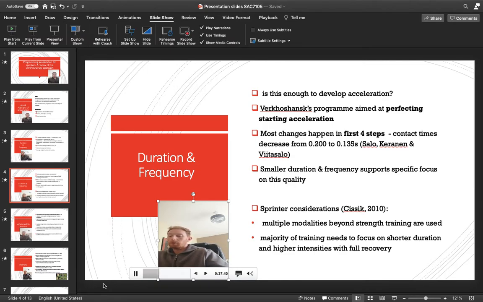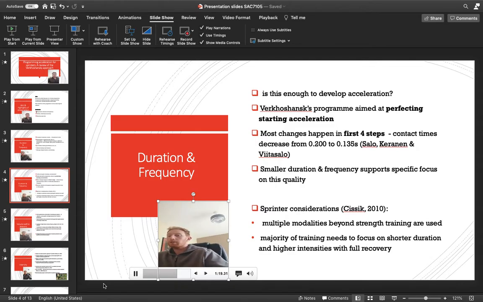All right, so we know sprinters accelerate for up to 50-60 meters. This is more focusing on the very start, so the first 4 steps, where the most amount of changes are taking place. The ground contact time is reducing big time from the first step through to the 4th step. A lot of the force changes are taking place in those first 4 steps. A lot of the angular displacements are changing big time in those first 4 steps. Okay, so the smaller duration and frequency program that Verkhoshansky offers may well support focusing on that particular